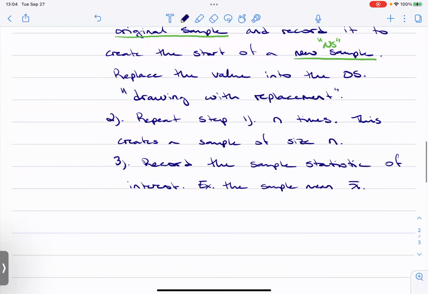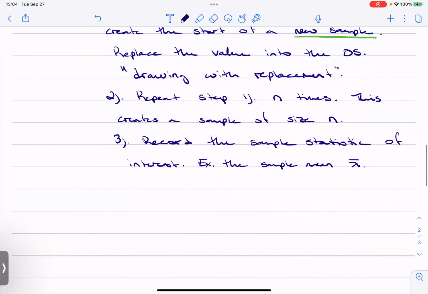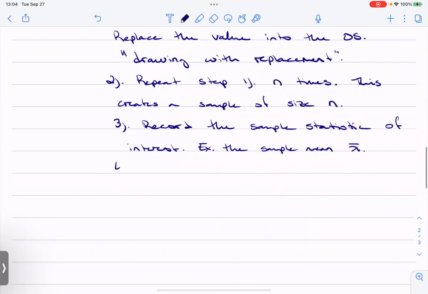So now you have one sample which generates one sample mean. Now you have to repeat that process many, many times, right? In order to build up this distribution of means. So now, step 4, you're going to repeat 1 through 3